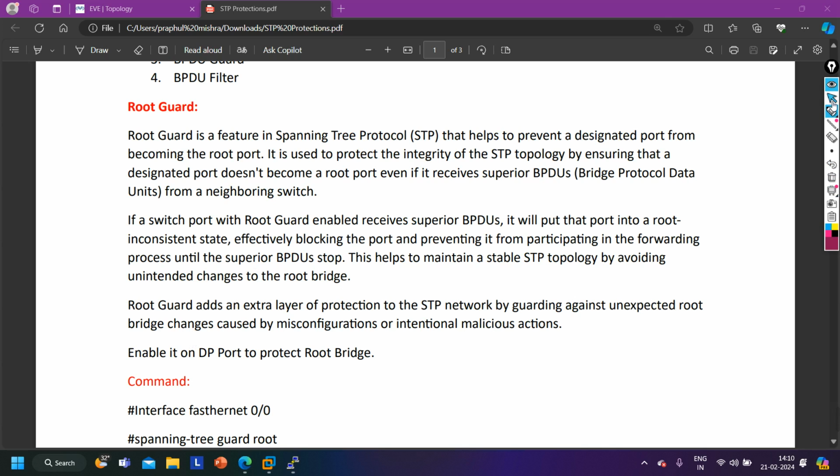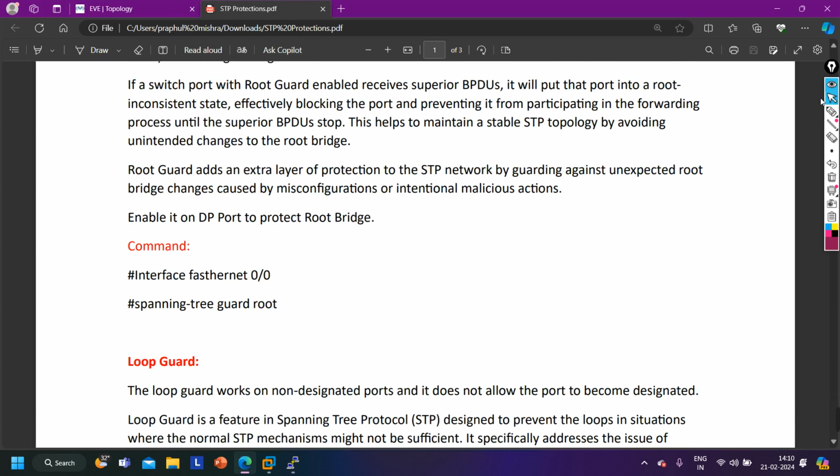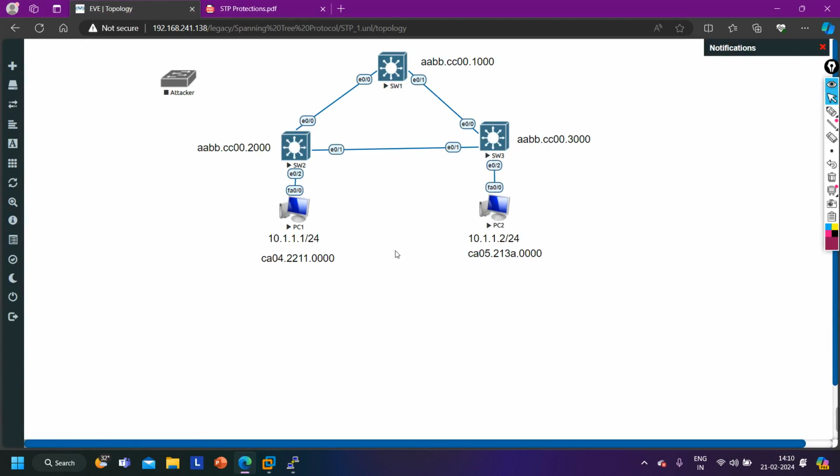Now what is the command to configure it? Guys, simply on the interface you can run this command, spanning-tree guard root. That's it. Now let me show you one practical of it, like how an attacker can attack in the network and then how we can prevent it through spanning tree protocol. So I'm going to connect the attacker switch to switch number 1. Before that I will configure the attacker switch,